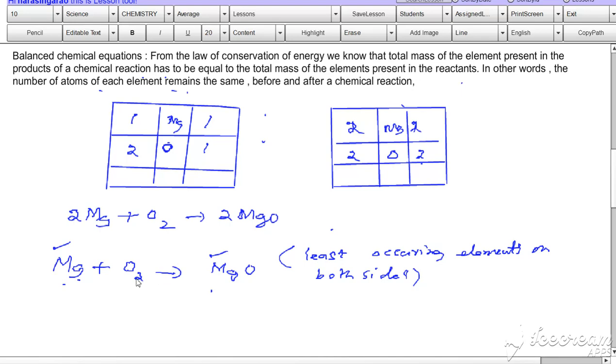And now look at the oxygen. Oxygen is 2 here, 1 here. How to make this oxygen 2? You can't write 2 here, because if you write 2 here, it becomes some other compound. So make it here. This 2 is applicable to Mg also. So make it as 2 Mg. Now it is balanced. So this way you can